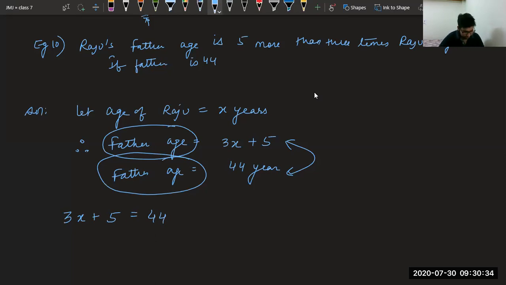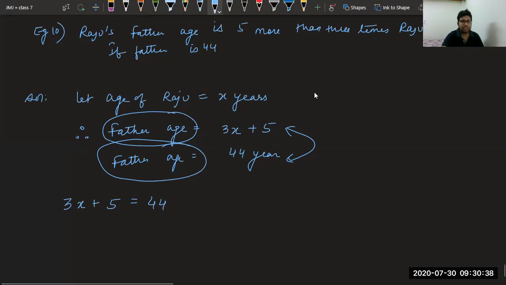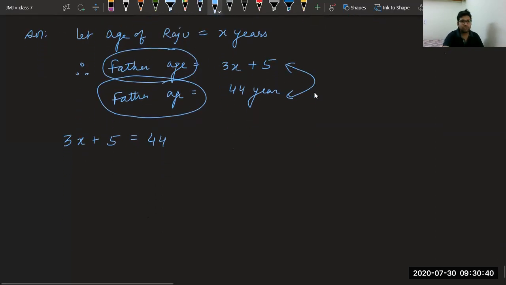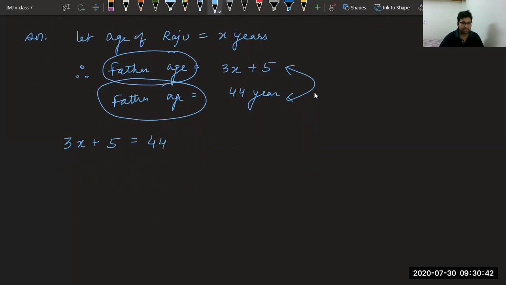So this we have to write again. Yes, beta, this is your classwork only. Now, all of you, it's very simple now. Just we have to isolate this x. Now I am doing with transpose method. First step is I will take away. Please tell me, shall I take 3 first or 5 first? Very good. Because 5 is easy to go that side. It is only adding here.